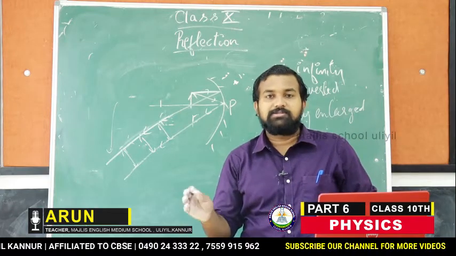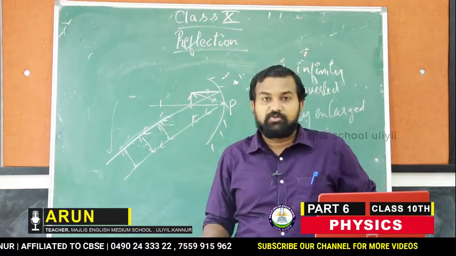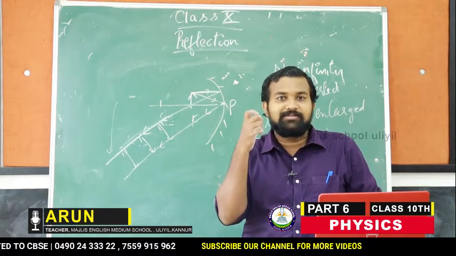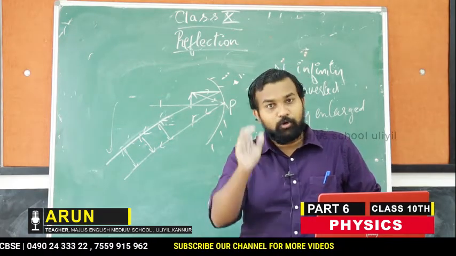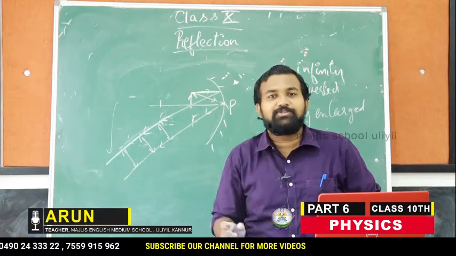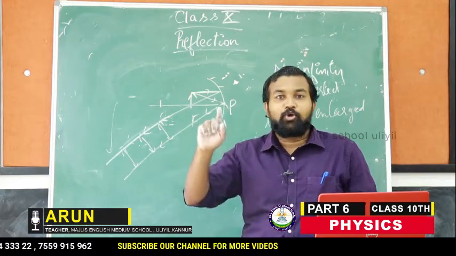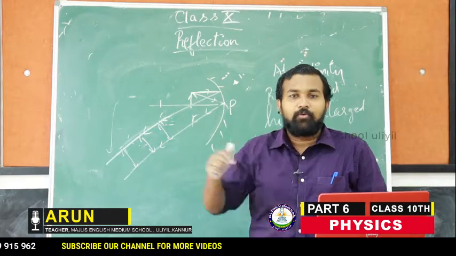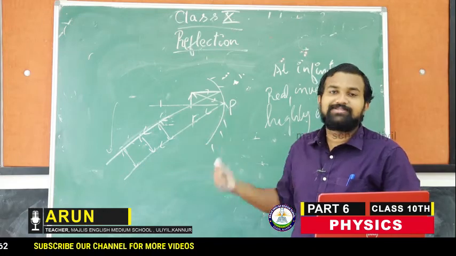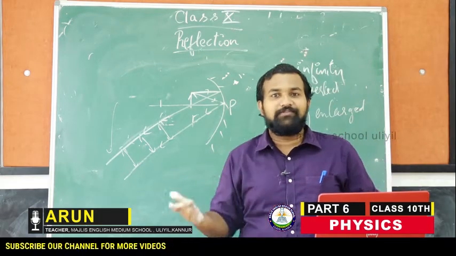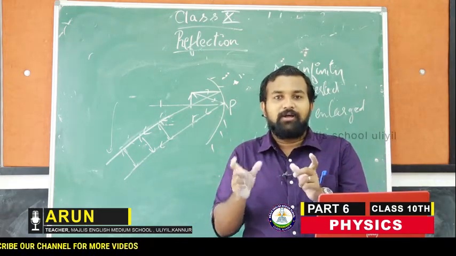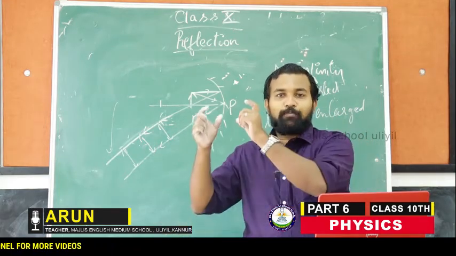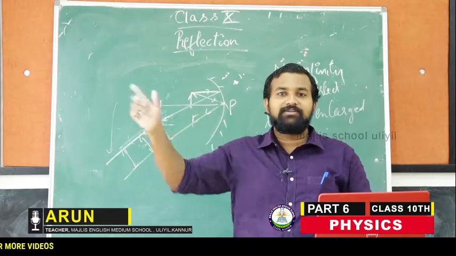Okay. So this is the case at focus. One more thing to be noted down. It's very easy to understand and important to study these positions. When the object was at infinity, the image is formed at focus. Now when the object is kept at focus, where is the image formed? The image is formed at infinity. So it is reversed. When the object is at infinity, the image is formed at focus. When the object is at focus, the image is formed at infinity.